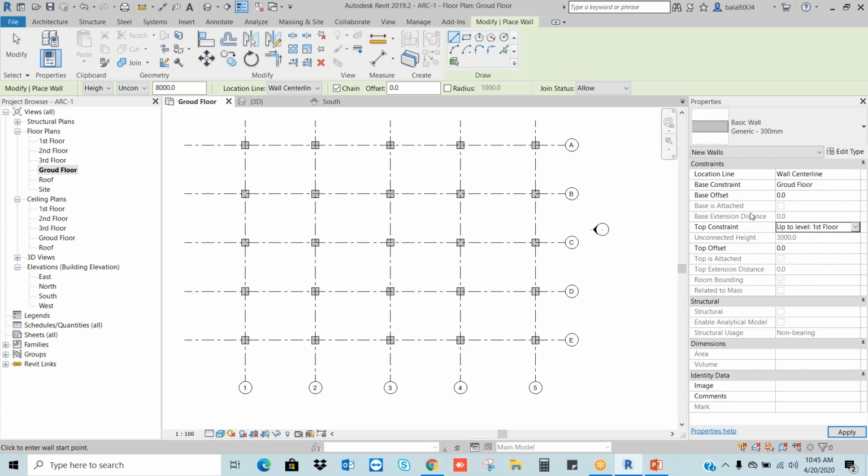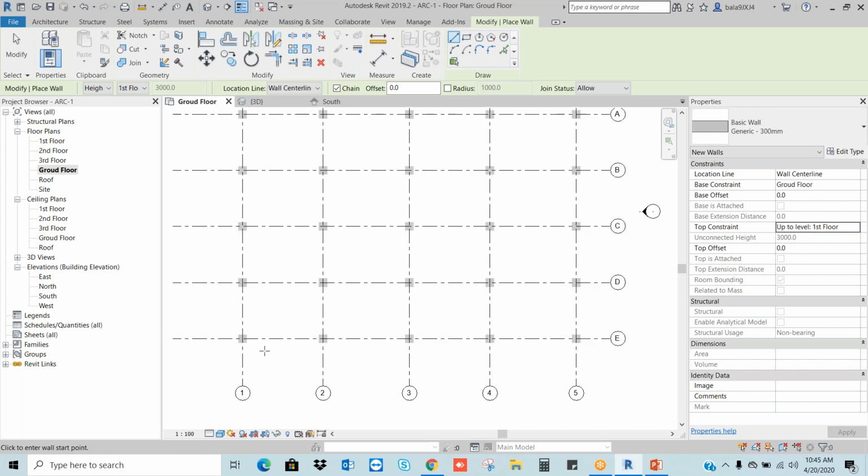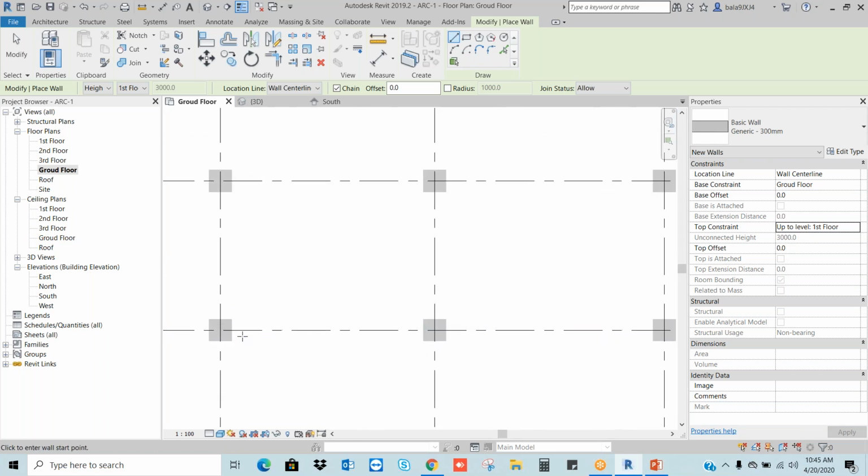If you see this property here, you can see the unconnected height. Means what is the height between the ground floor to first floor? 3 meters we have given, right? So here we need to adjust base constraint and top constraint, which is very important. Okay, now I want to draw my wall. See,